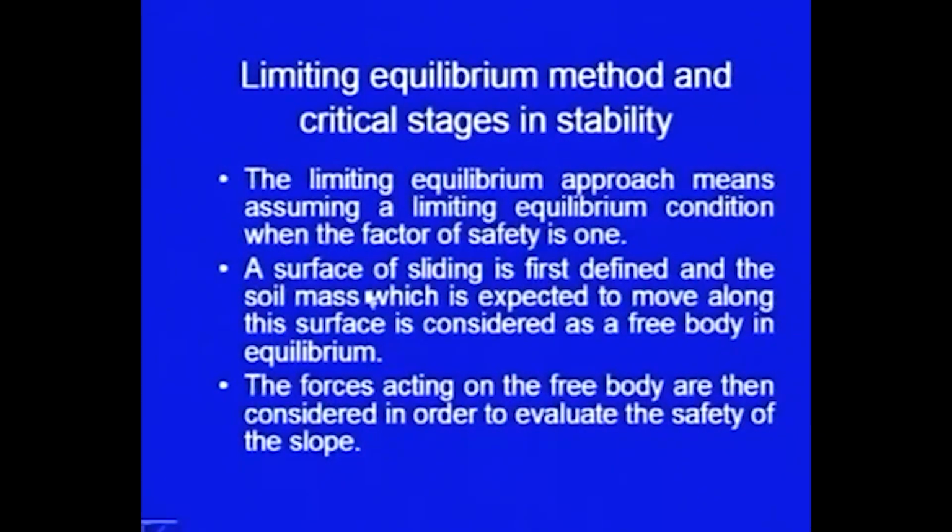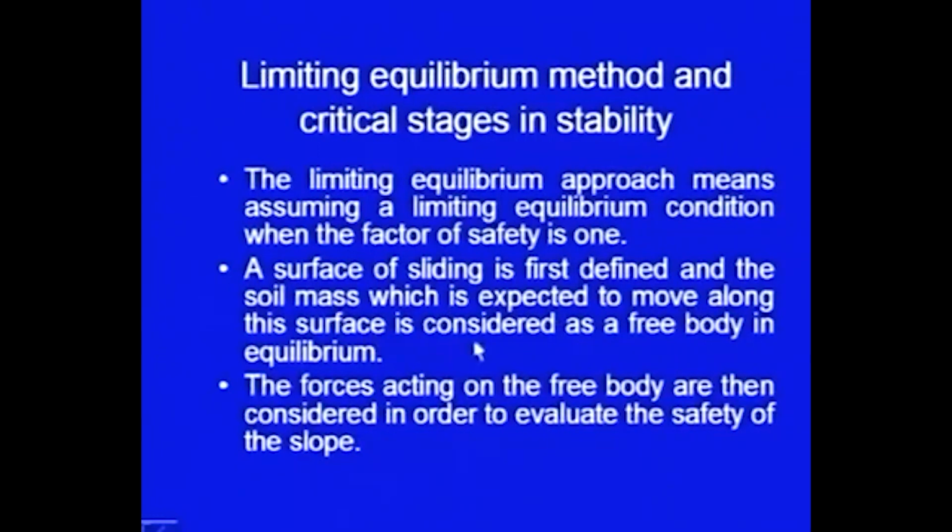There are different types of methods available. The method which we are using at present is that we are assuming that the system is just in equilibrium. It is just at the verge of failure, or the factor of safety is equal to 1. Now, second point: a surface of sliding is first defined, and the soil mass which is expected to move